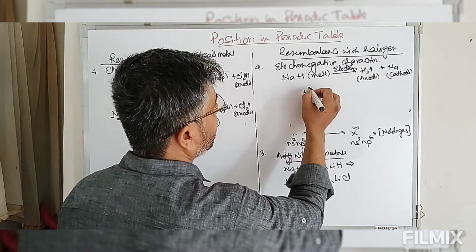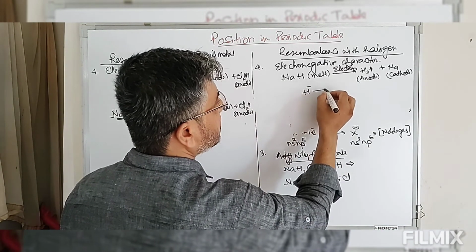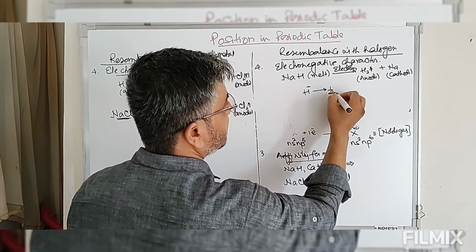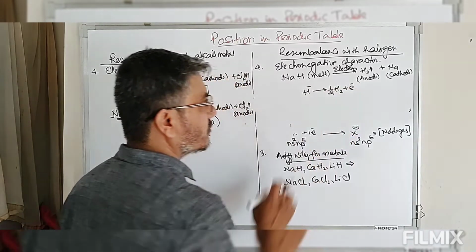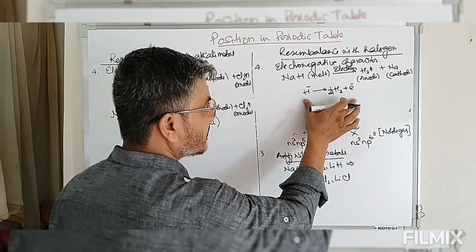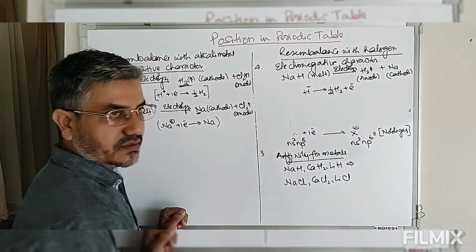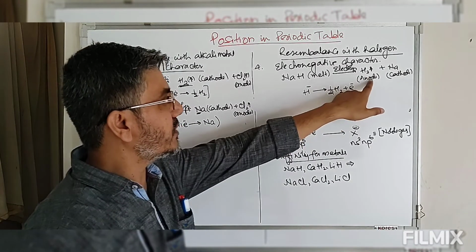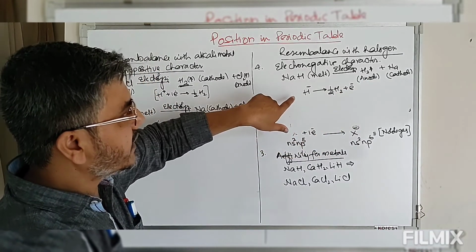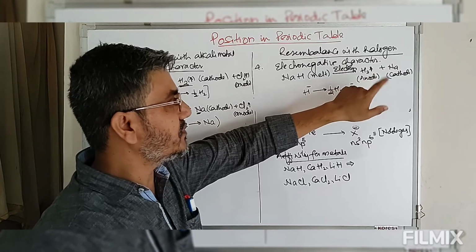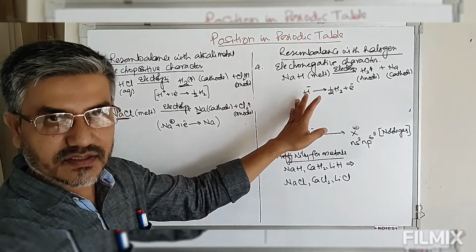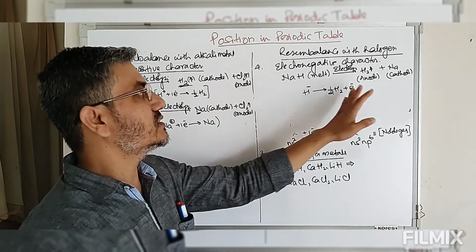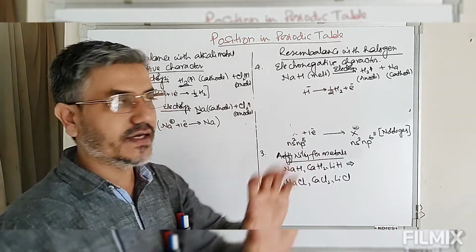So now look at this, we have this H minus. Now this H minus releases an electron. The process of releasing an electron is what we call the anodic reaction or oxidation. So the anode is where the oxidation reaction takes place. By this oxidation, hydrogen gas is formed. That means the species from which hydrogen gas is to be formed must be in the form of hydride ion. So this hydride ion loses an electron and is converted into hydrogen gas.